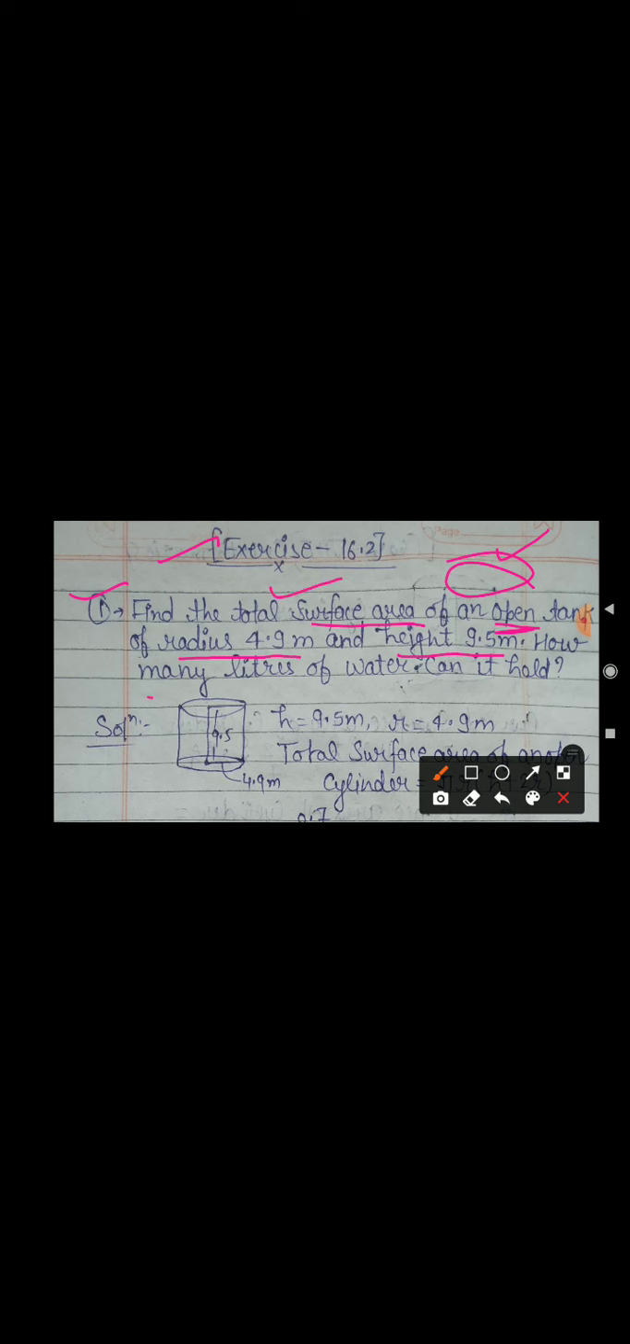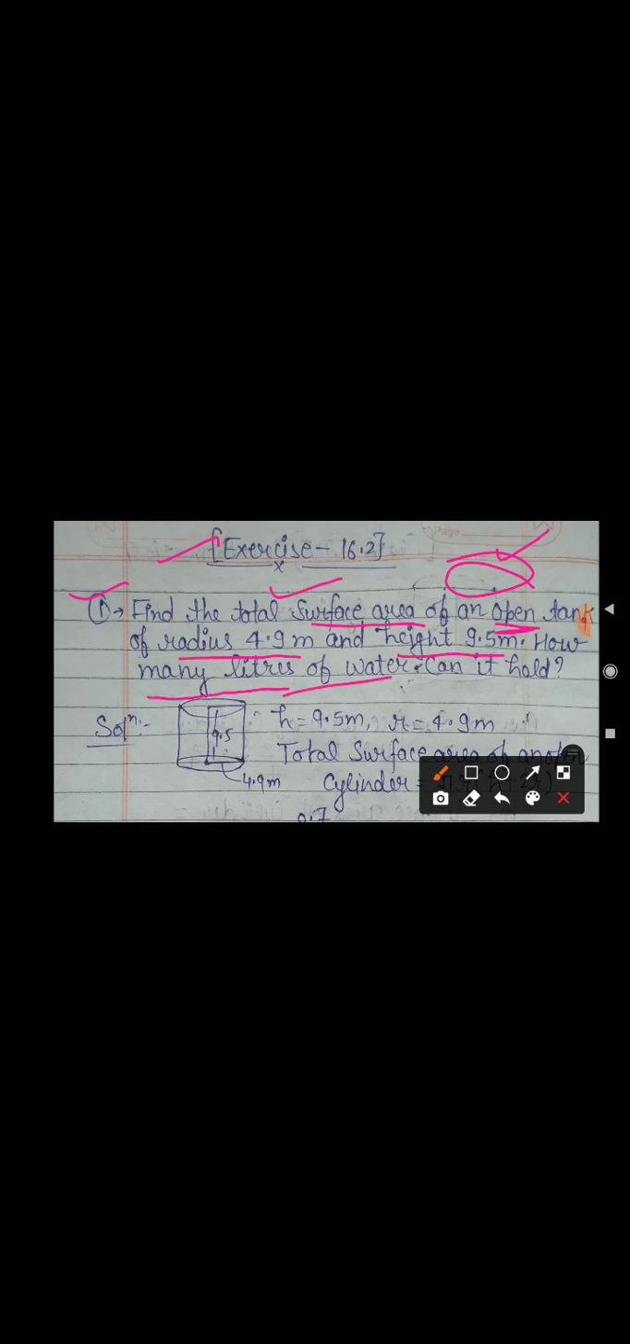Okay, so this is your first question, exercise 16.2. Here, find the total surface area of an open tank. It will be open at one end, that is your top end, and the radius of that cylinder is 4.9 meter, height is 9.5 meter, and then you have to find the total surface area and how many